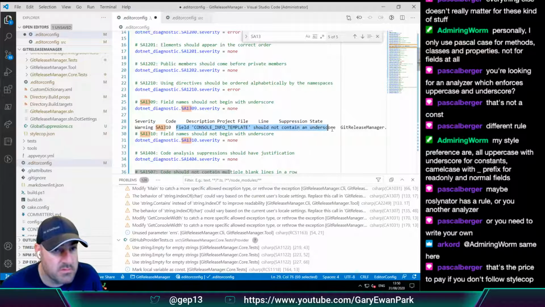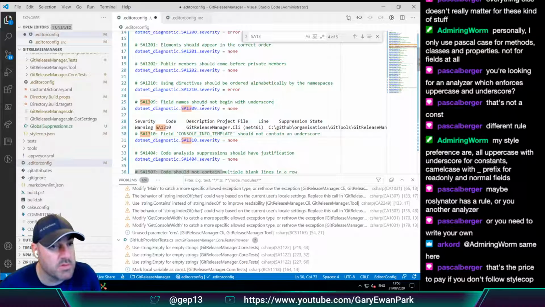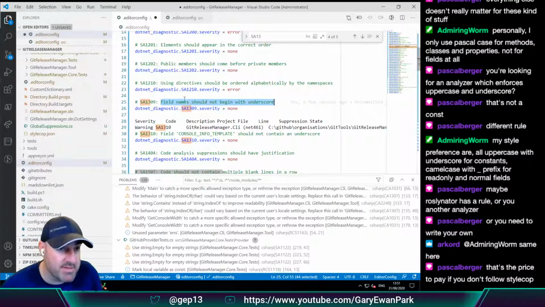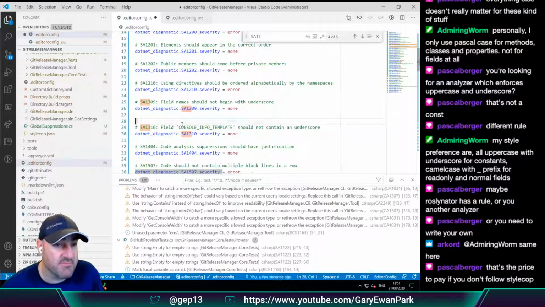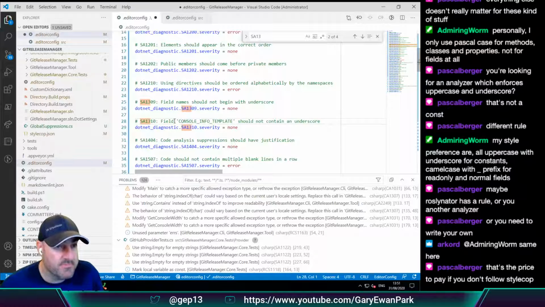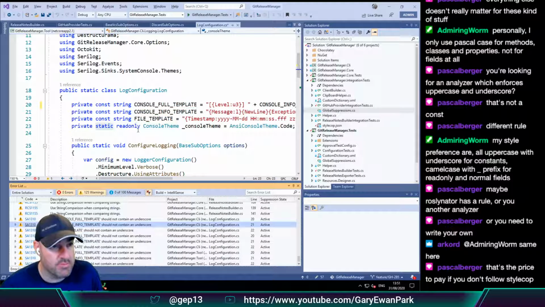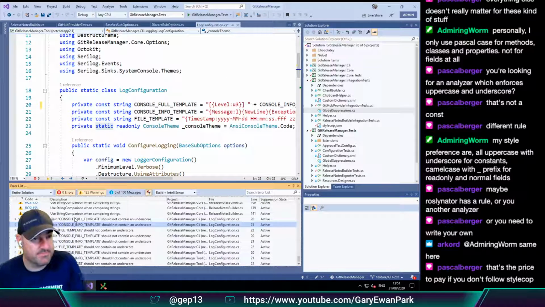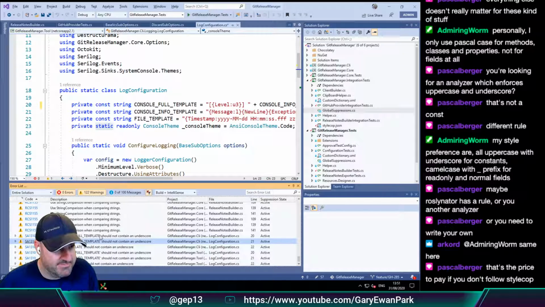Field. Oh, so it's already Patrik is already overriding that one, so that's why we're not seeing that for field. I'm going to put that on. Fixed it.